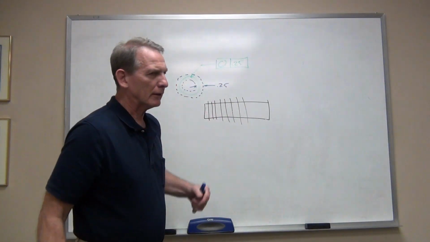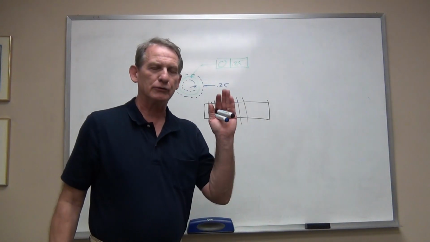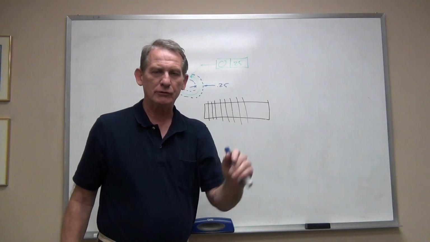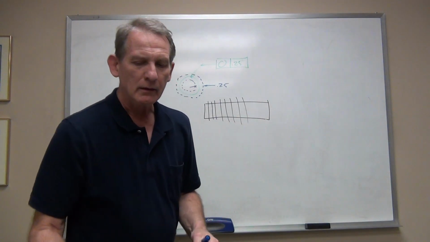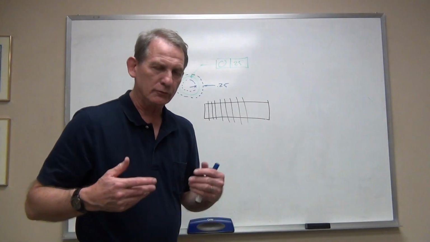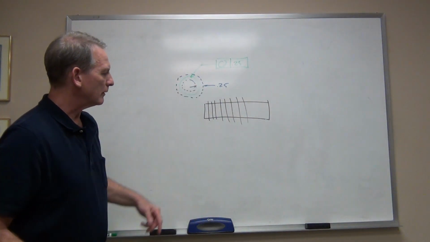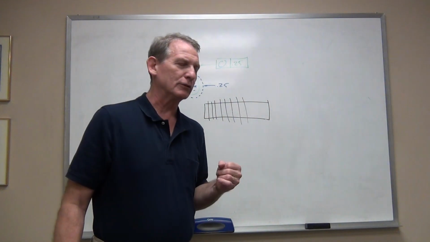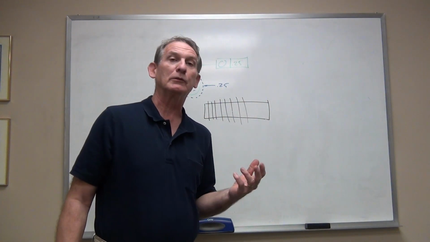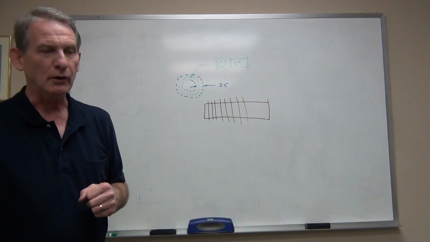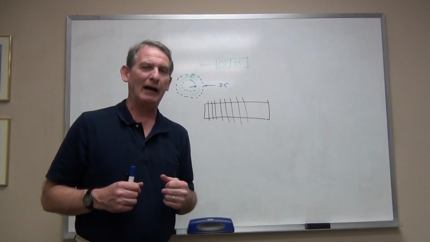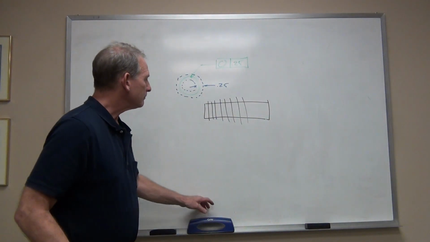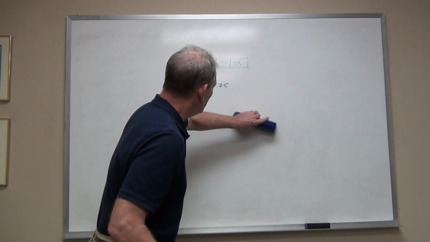That's what circularity is intended to check, to make sure that over the length of a cylindrical form, you have circularity at least within that amount. Let me convert that into English units. That's a quarter of a millimeter, so it's about 10 thousandths. So that's not particularly high precision by any means,